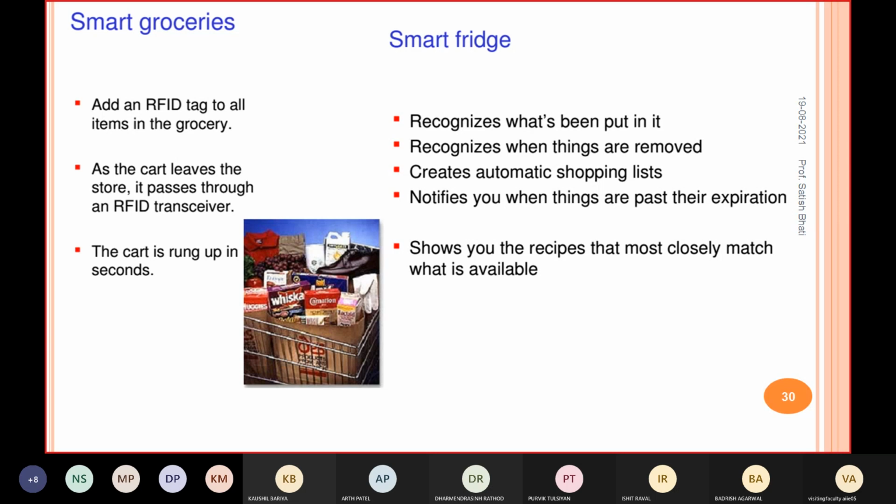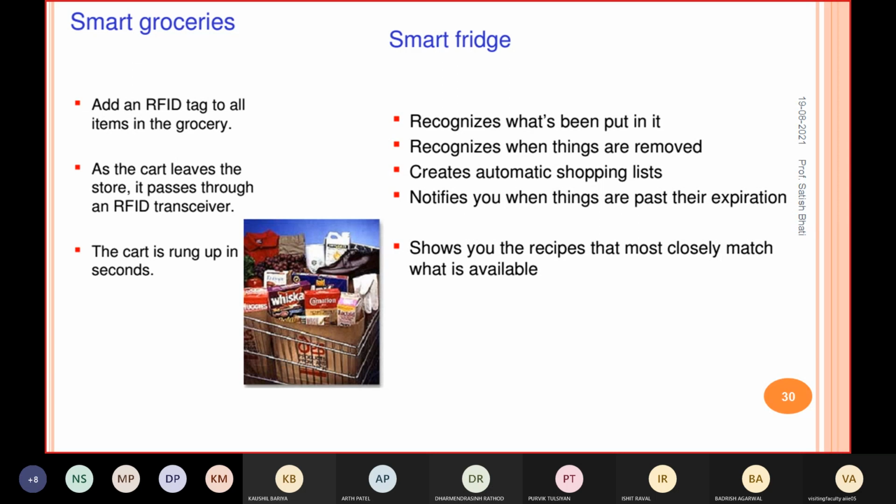So it will send you a notification like, you have this particular item and it will expire after this day, right? It will also create a list.